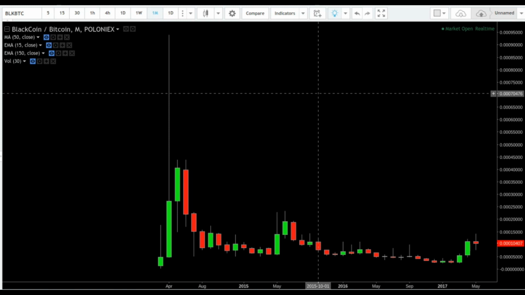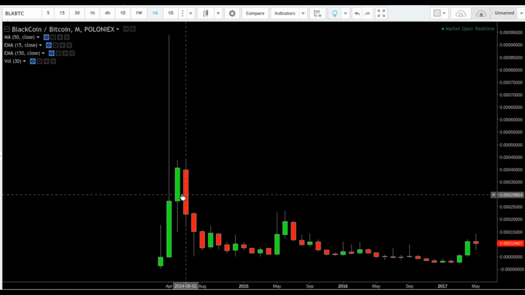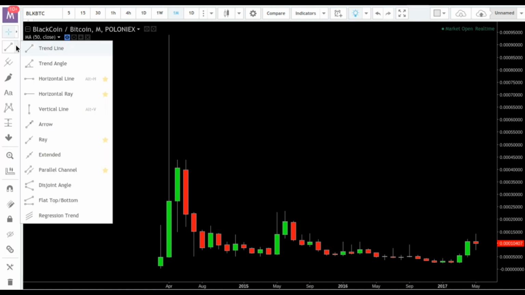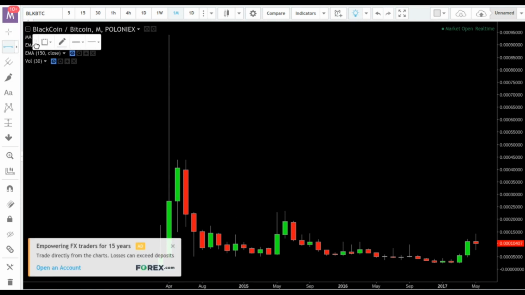We have this coin here named Black Coin. With Black Coin, the first thing we want to do when we're looking at a chart is start off, the way I start off, with the 1 month. At this point, we want to look at the highest high and the lowest low. These are going to create what we call support and resistance. So let me create a line here that's going to show the highest point that has been reached in price for this coin,